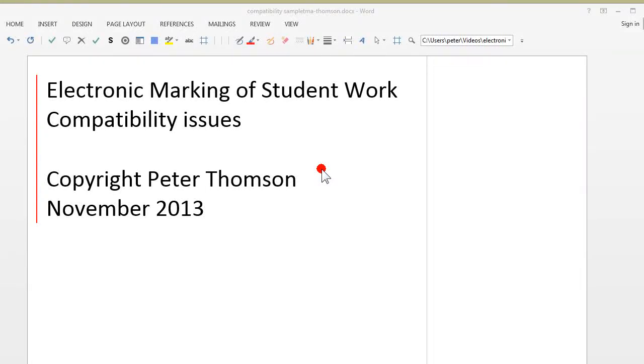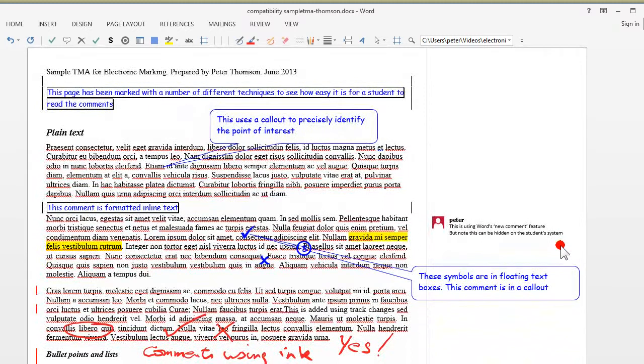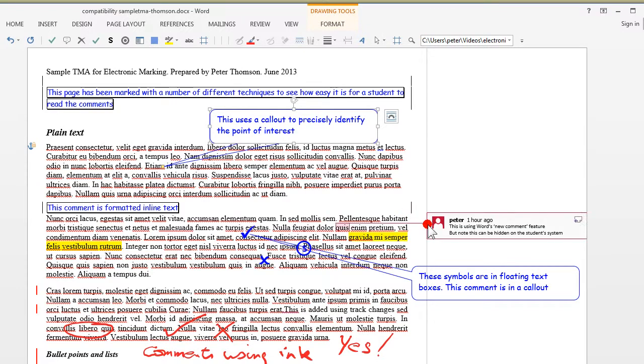Electronic marking of student work, looking at some compatibility issues. I prepared a sample marked document with a variety of techniques. We've got inline text that's been styled, callouts that can be used to identify a precise point of interest, a comment which indicates, when you click on it, the point at which it is inserted, highlighted text,